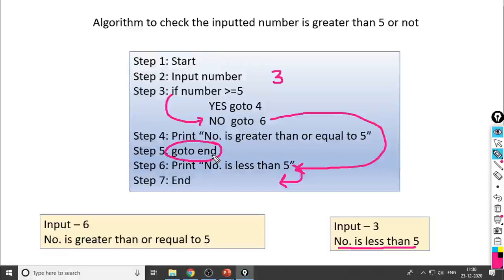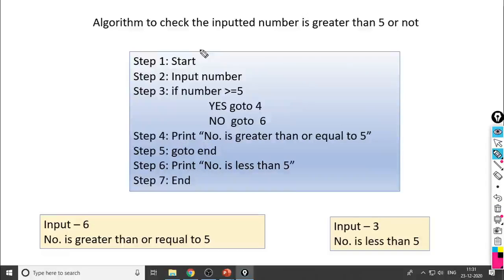It is the most important part in the algorithm when we are using the branching statement. Once the condition is true, you should display the result and take your control to the end of algorithm. Got it? So this is the example. With the help of this, we can check whether the inputted number is greater than 5 or not.